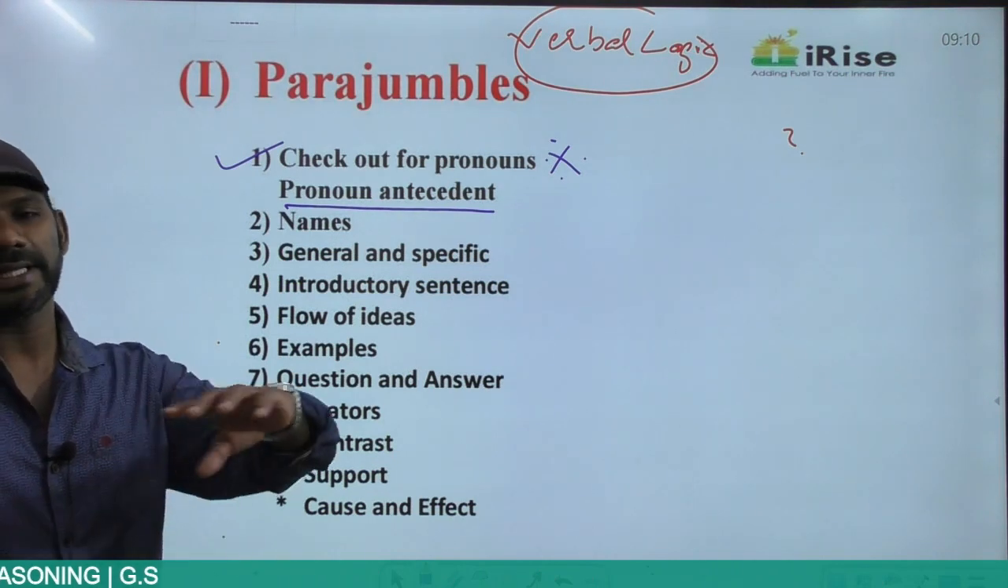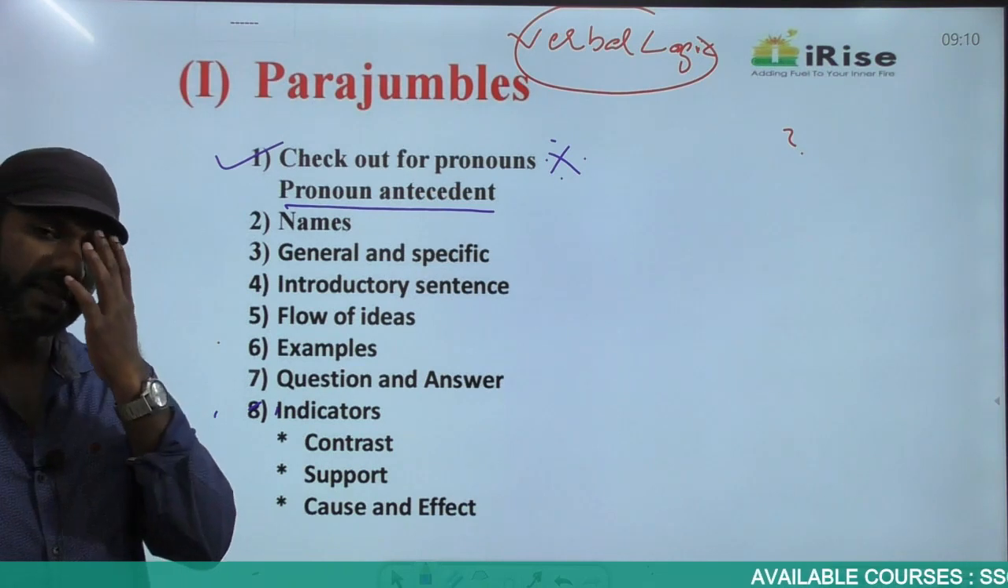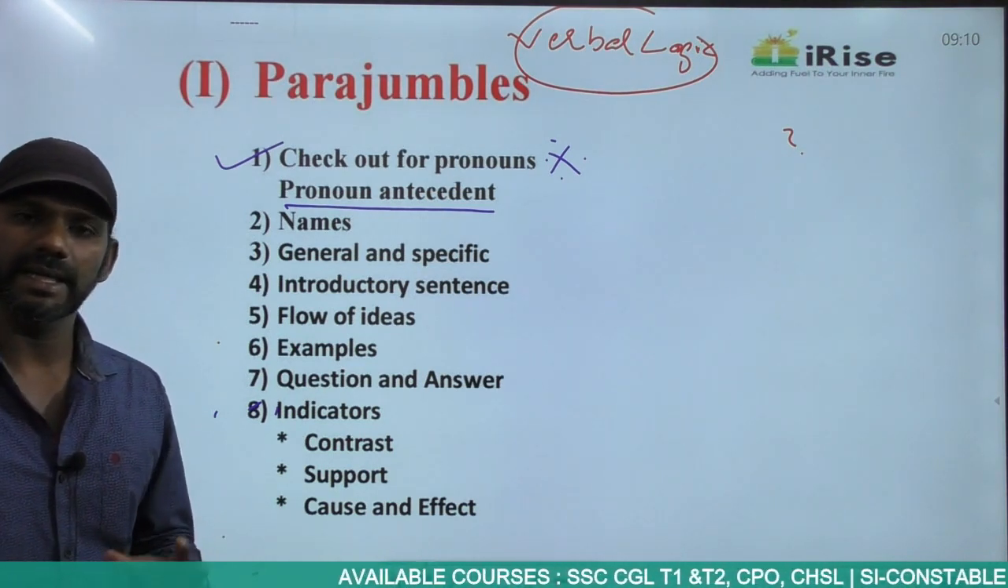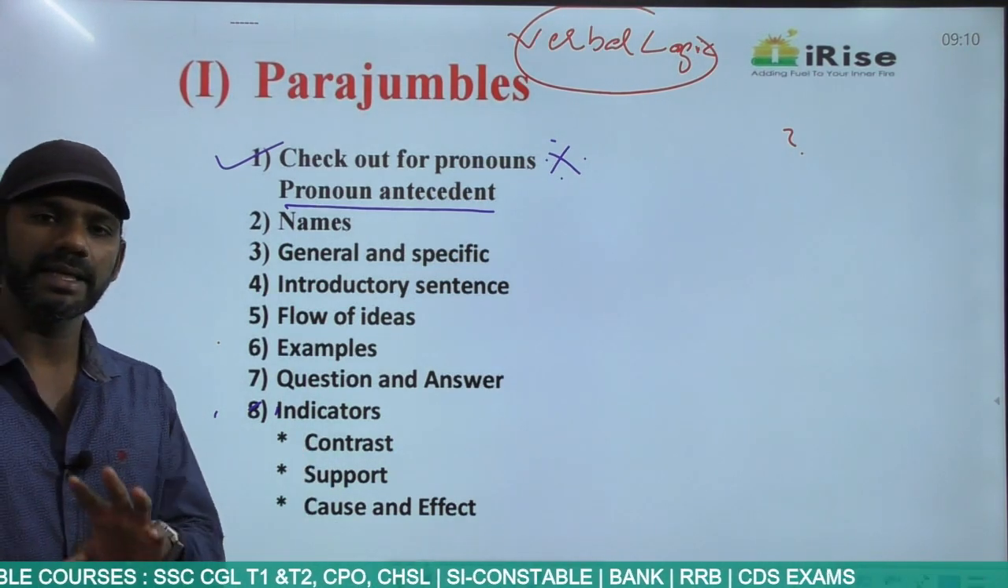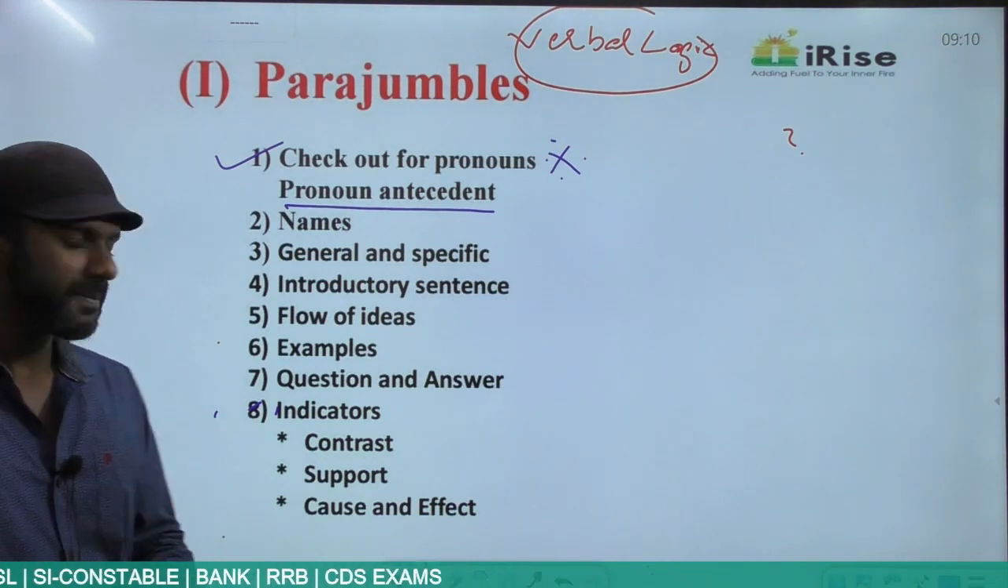Now, every indicator connects two ideas. In the case of parajumbles, an indicator connects two sentences. The two sentences that are getting connected by an indicator, no matter which indicator it is, can be called a mandatory pair. Clear? Now, if I say,